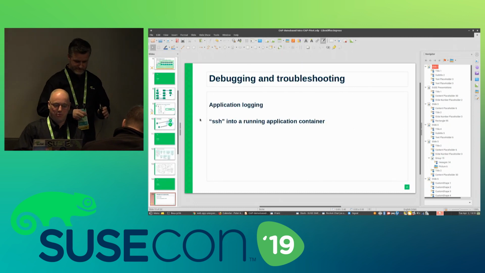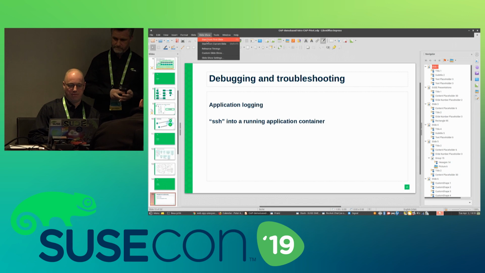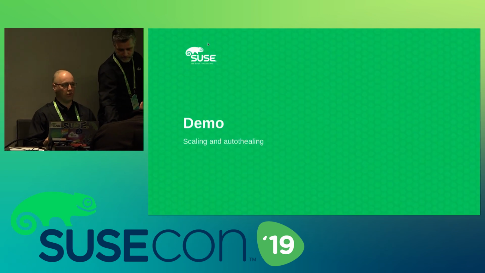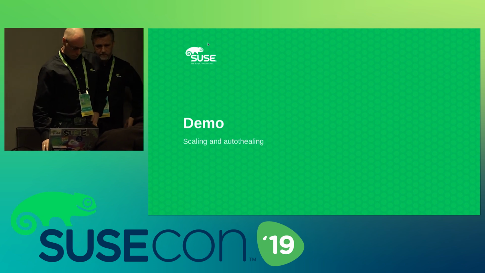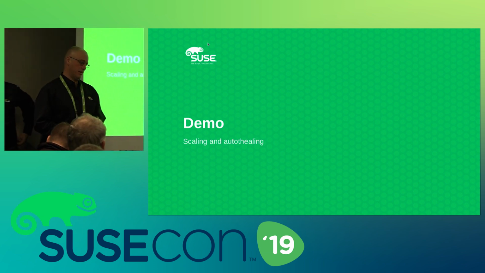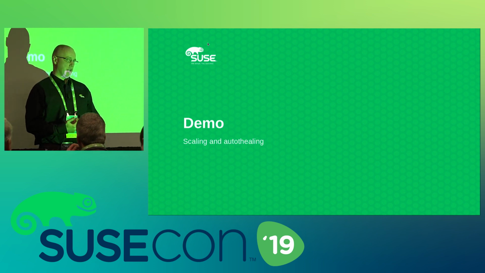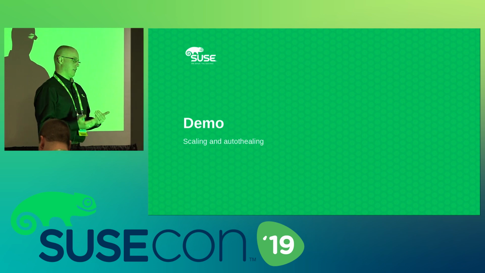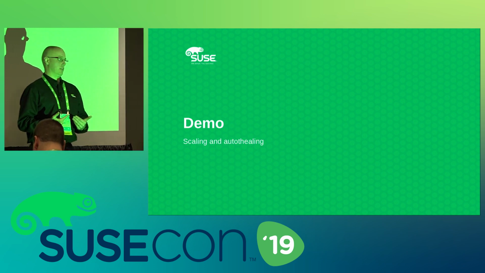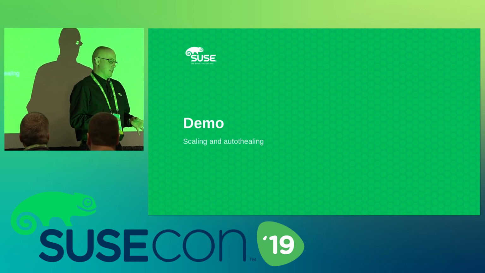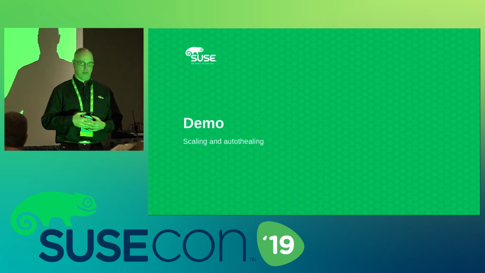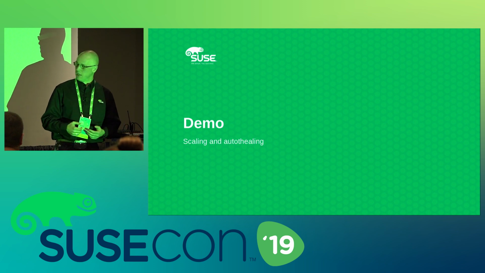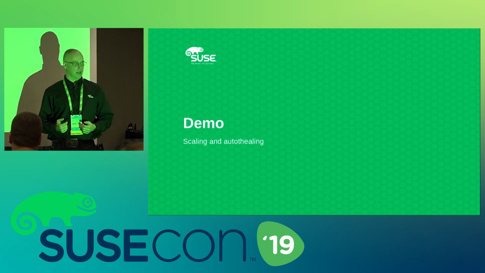All right, so the next thing we're going to talk about is what I call scaling and auto-healing. A very cool feature in Cloud Foundry is that it makes sure the application is running and continuously monitors it. If something happens to the application, it restarts it if needed. And that's something you don't need to take care of or program. If you run it in Kubernetes, you have to put in a couple of rules that do that for you. But in Cloud Foundry, that is done automatically.